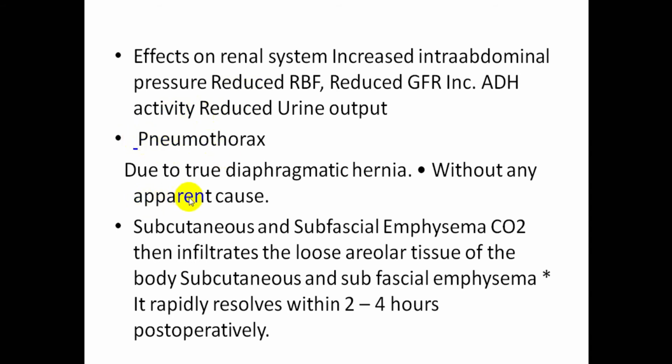Pneumothorax due to true diaphragmatic hernia without any apparent cause. Subcutaneous or superficial emphysema due to CO2 infiltration, the loss of areolar tissue of the body; subcutaneous and subfascial emphysema rapidly resolves within 2 to 4 hours after